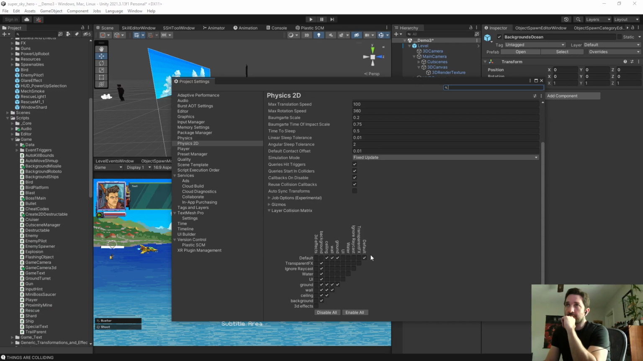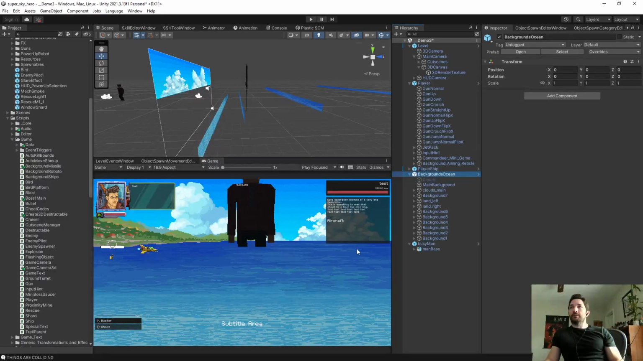Ceiling, wall, ground, and default, and then background should only collide with background. Ground collides with ceiling. All these three guys collide with each other. And that's it. Yep, and that seems fine. Okay. So then what I can do is just, when that other missile gets spawned, this background missile,